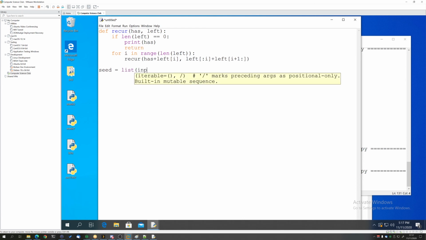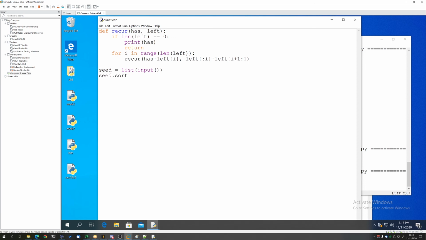And we're going to create a list from this input, all right? The reason we're going to do this is so that we can sort it, because remember that the question is asking for everything to be in a sorted order. Now we could add them to a list and then sort it afterwards, but that takes more memory and more time. So what we want to do is build it in a way so that it's going to be automatically in order. So we're going to put all of the letters in alphabetical order.